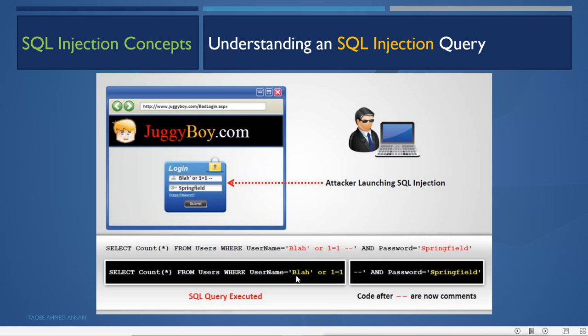So the database server will give the result as true. After that the attacker adds two hyphens. These two hyphens mean the rest of the part will be ignored as a comment. In any programming language, comments are never executed.